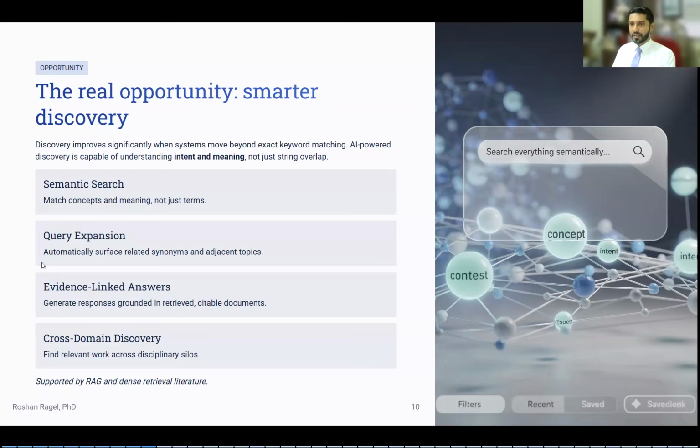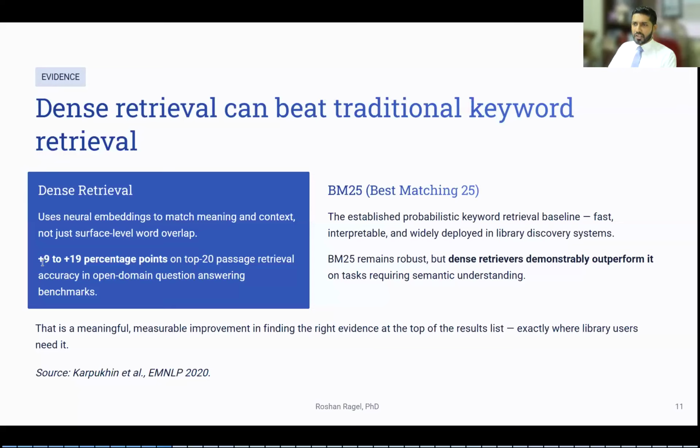So these are all possible with the RAG model I mentioned, where we have the trust built by a database or a pool of resources which are verified and authentic. Right, so more on the evidence. It's also now possible with this sort of retrieval. In fact, there are studies, which are a bit old in the AI age, but they show that the accuracy of search is increasing by about 9 to 19%, which is on average about 15%.